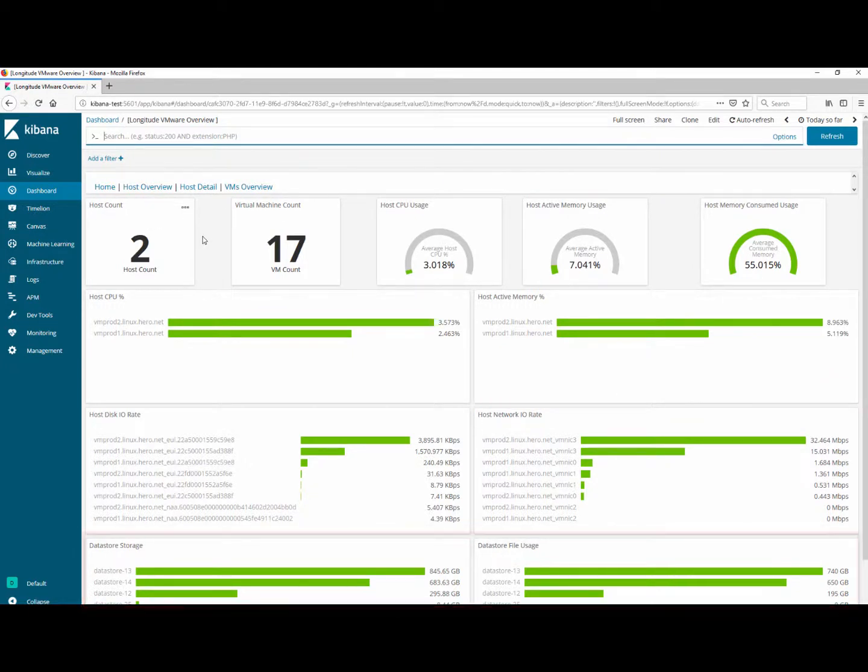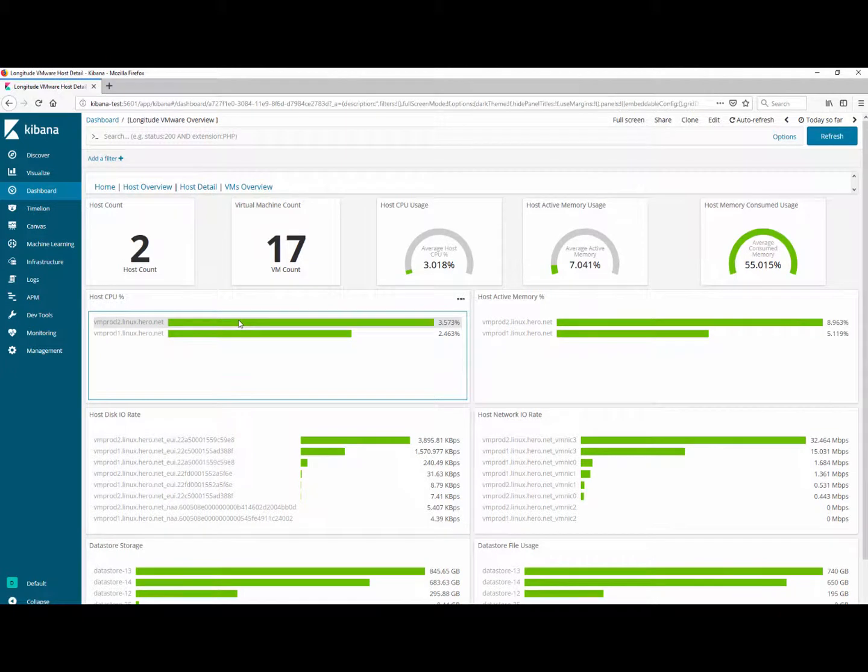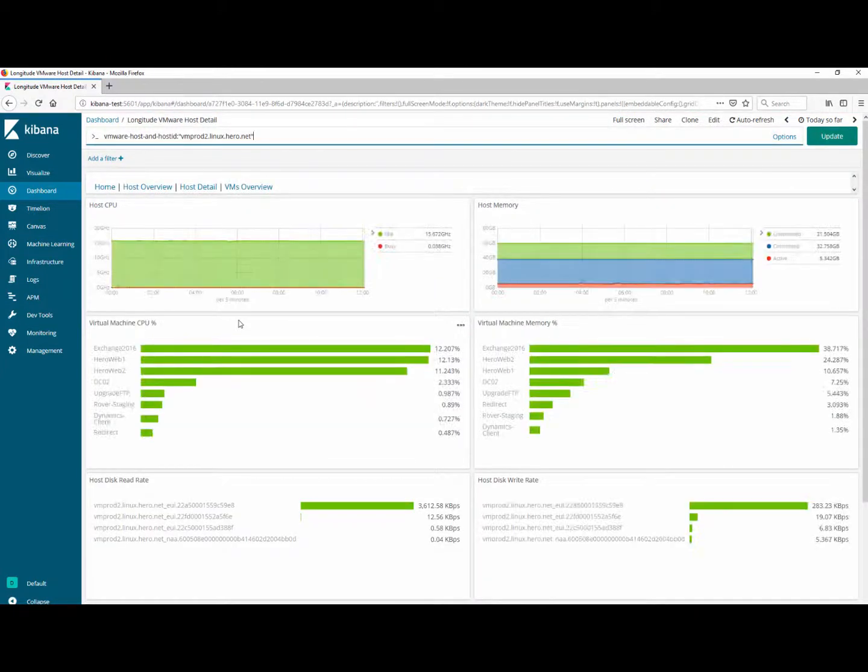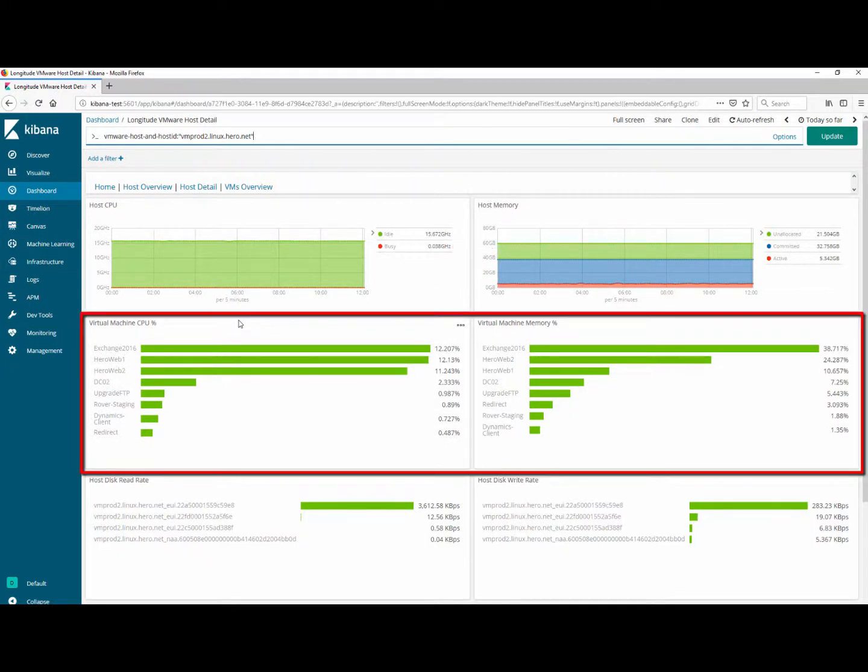If I want more detail, I can click on a host. And I can see here, for example, that I'm not using much in the way of CPU. I can see what my memory utilization is. I'm roughly 5 gig of active, 32 gig of commit, and about 21 gig that's not being used. But I can also see what virtual machines are currently active and using resources on this host